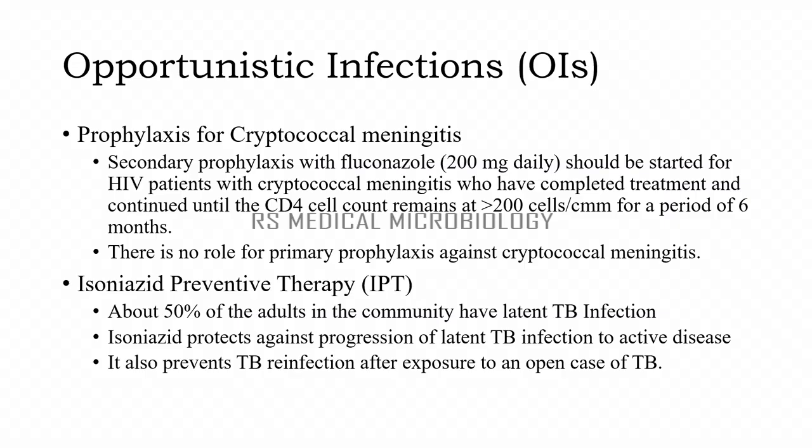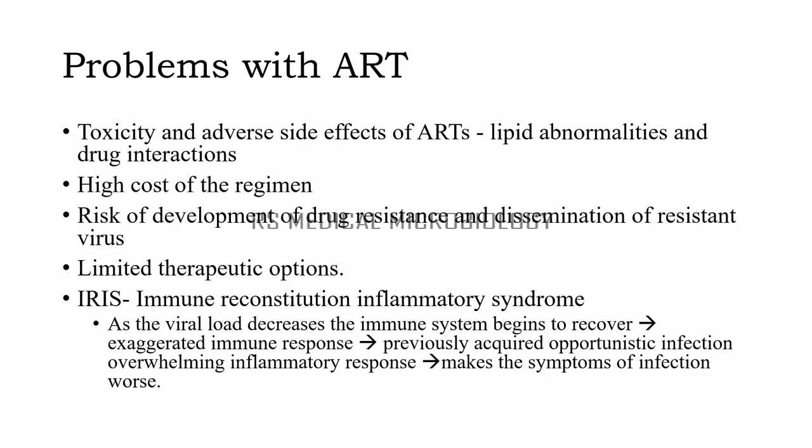The third most important opportunistic infection is tuberculosis. You can start isoniazid to prevent latent TB infections, and it can also prevent reinfection after exposure to an open case of tuberculosis in the family. The problems with ART are obviously the toxicity, cost of the regimen, risk of developing drug resistance, and limited therapeutic options. One thing we have to remember is immune reconstitution inflammatory syndrome, or IRIS, which